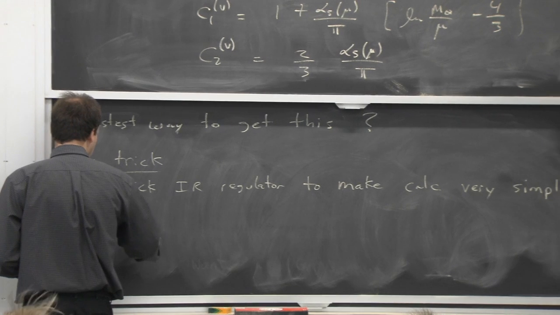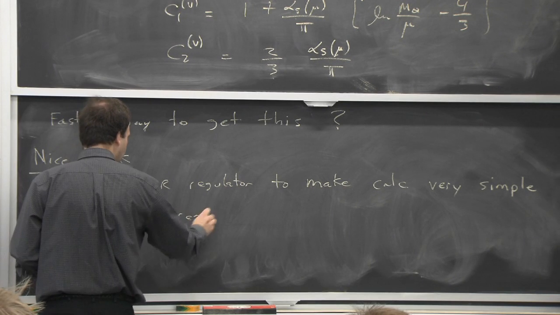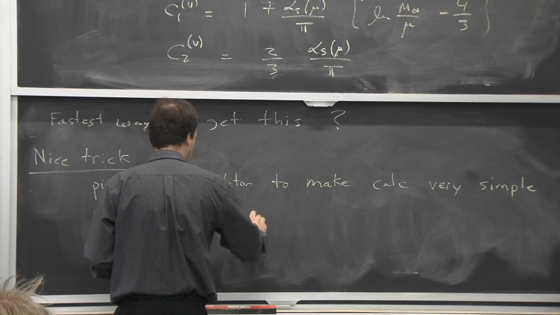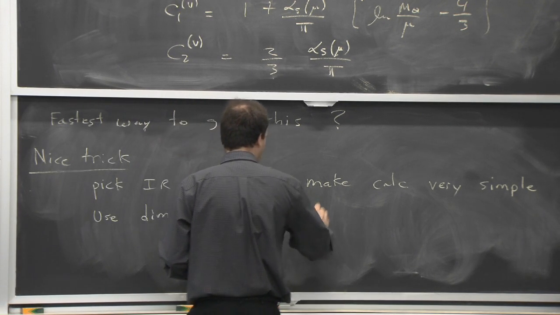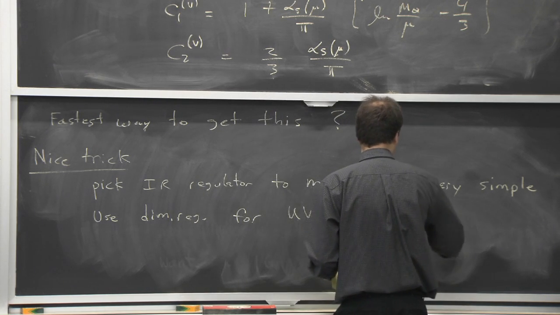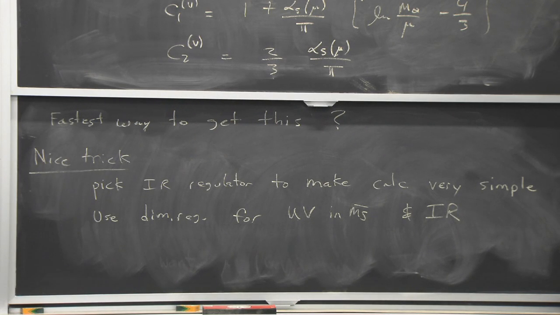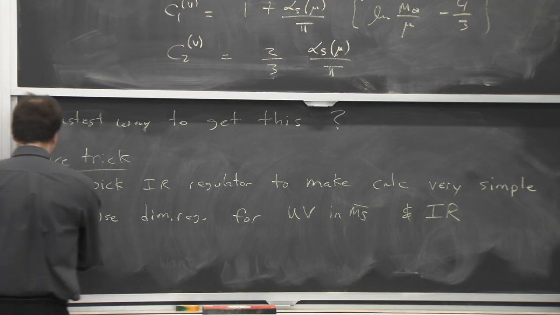And the choice that does that here is to use dimensional regularization for the UV, as we've been discussing, but also for the infrared. So let's use dimensional regularization for both. If you do that,